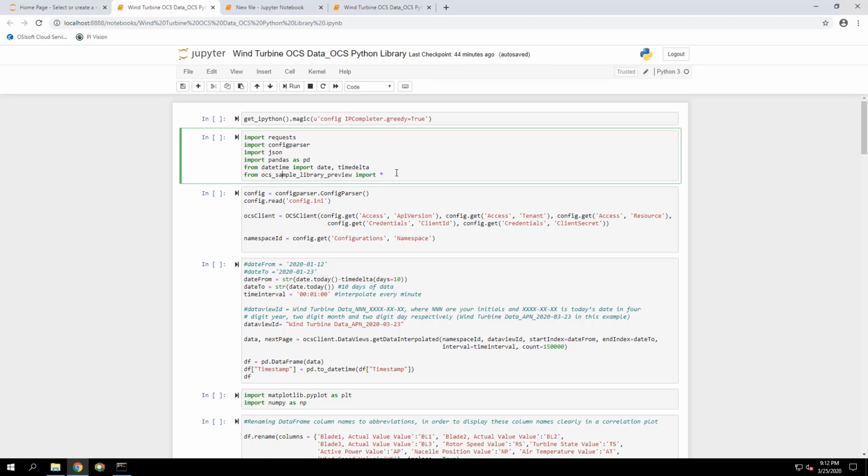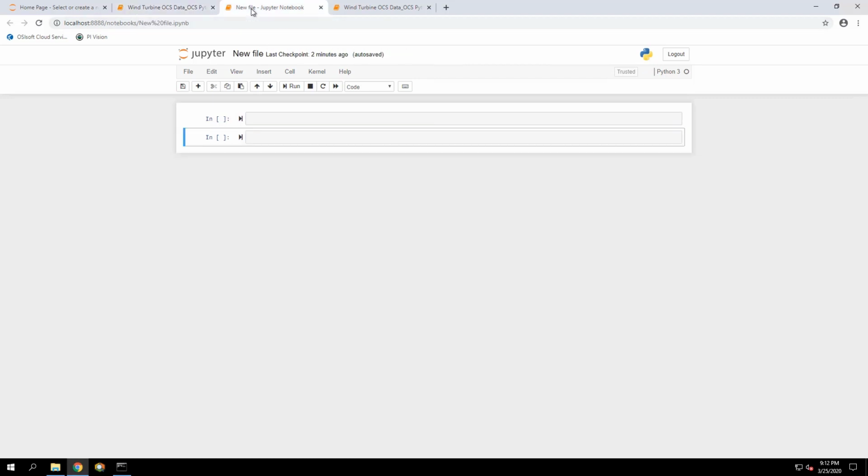You can run the code here, or you can work with the new file you've created and copy paste the code snippets if you want to work with your own file. So these are the two ways we're going to work later on.